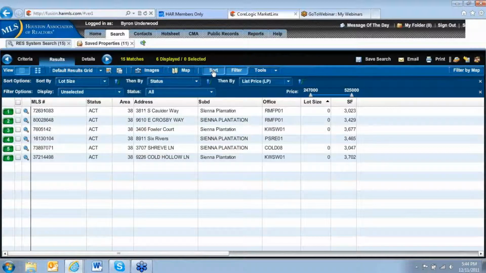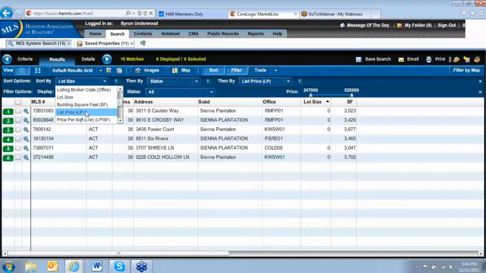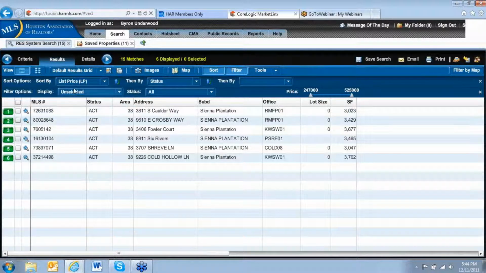I can also sort my listings. These listings are all in Sienna Plantation, but if I wanted to, I could come in and sort by any of the criteria. For example, I could sort by list price. I could sort by status. They all have the same status. Let's go over here and